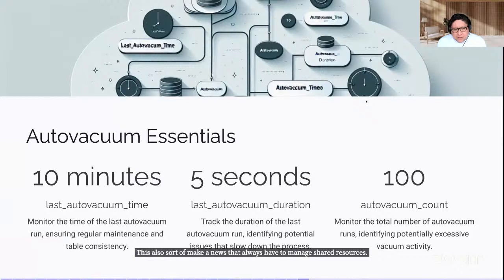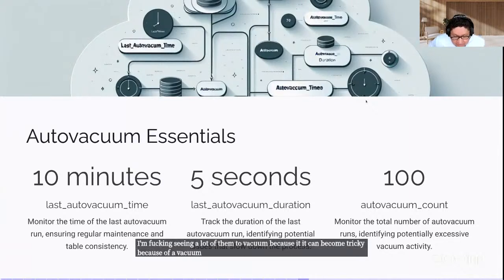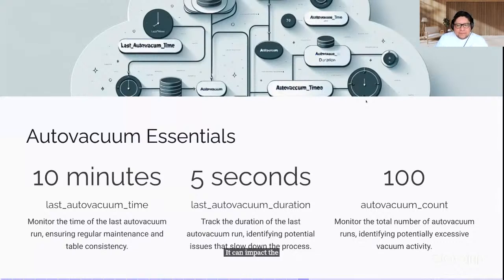I'm focusing on auto vacuum because it can become tricky. Auto vacuum is needed, but if it's not properly tuned, it can impact performance.